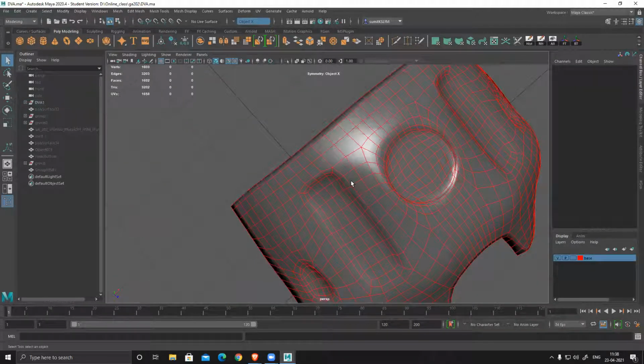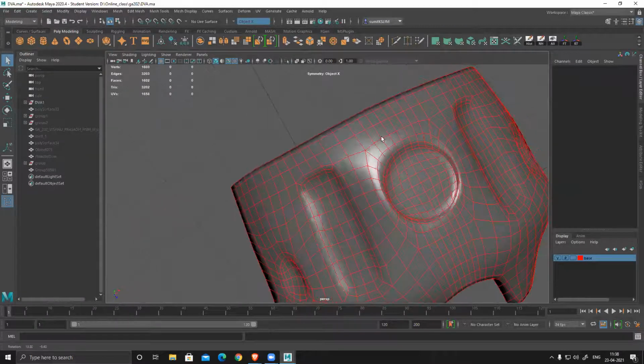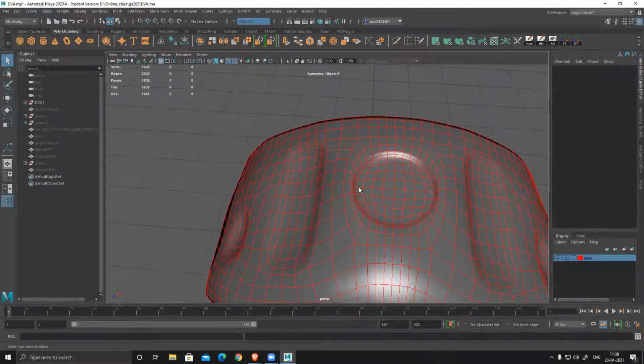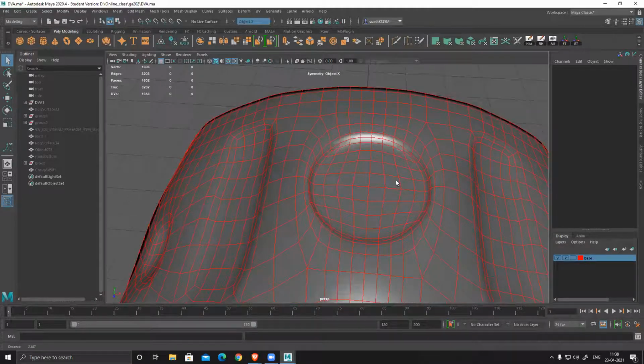So poly distribution should be similar throughout the model. And wherever you have a circular shape, please add more geometry, add extra geometry, and make it look like a circle. If you're creating any circular shape in your model, it should look like a circle. Because if it doesn't look like a circle and doesn't match the high poly, no matter what you do, it will look angular and faceted. You need to make sure it looks circular and matches the shape.